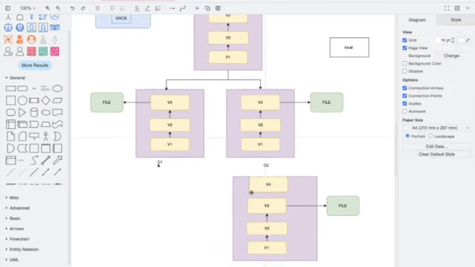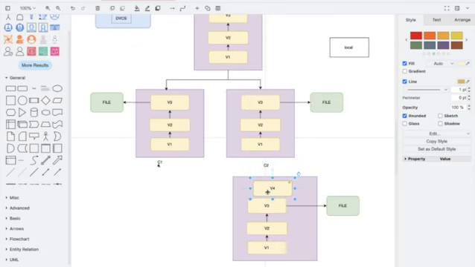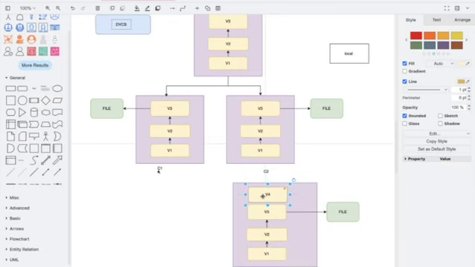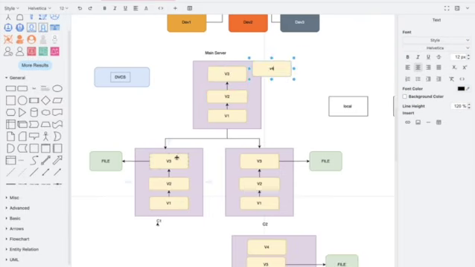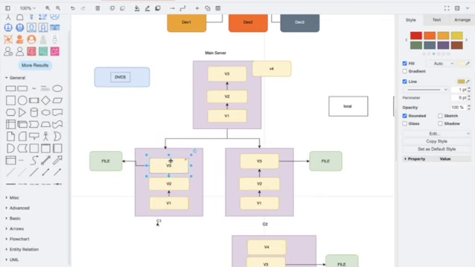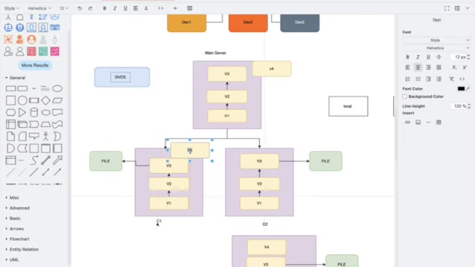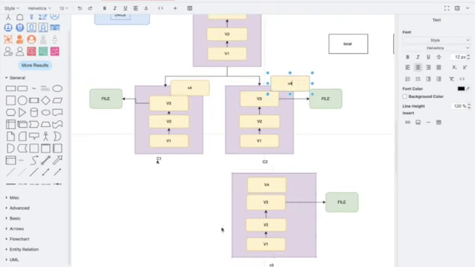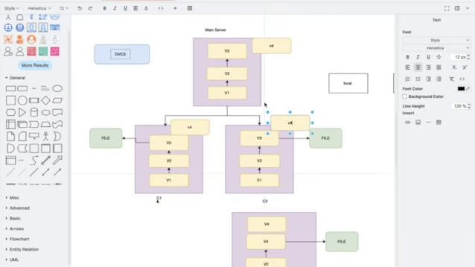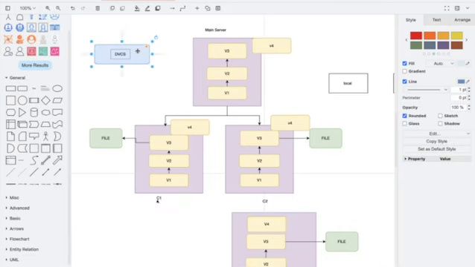Now, the moment C3 decides to add a new file called V4, what will happen? C3 will push this V4 here, and others can also get the changes of V4. So that is why it is called a distributed version control system. All of them will have V4 now. One developer pushing one change can be distributed across all. So that is why you have DVCS, distributed version control system.